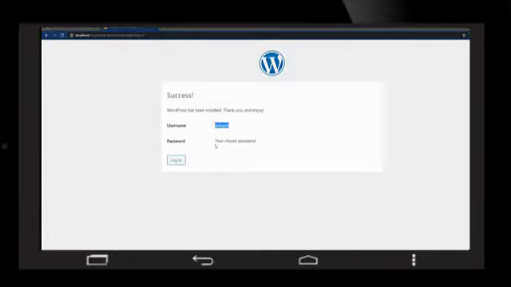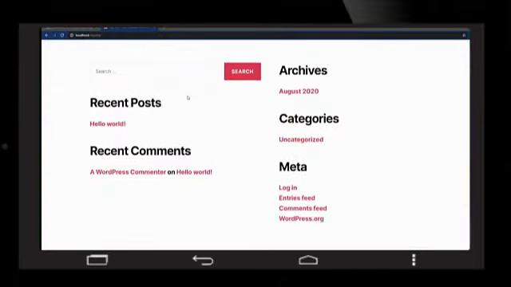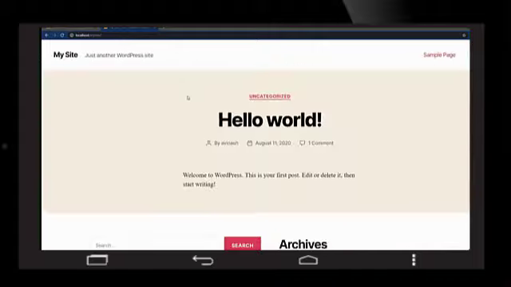So this is the username, and you know the password that you have entered. Click on this button and it will open the WordPress login page. Let me come back to the home page of our website. So let me remove this one and here just type localhost/mysite. Now you can see the basic WordPress website over here. This layout can be different for you when you install in the future, as the WordPress version will be different. So this is the home page.